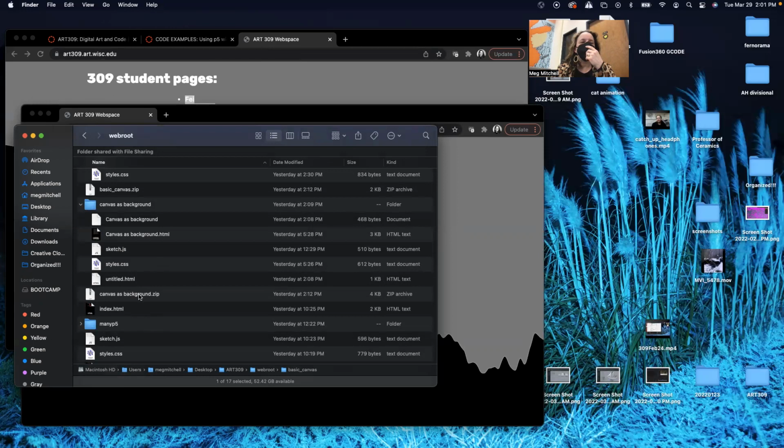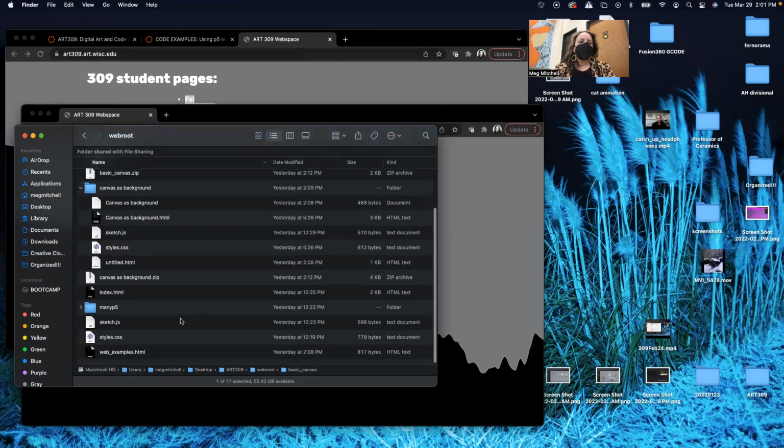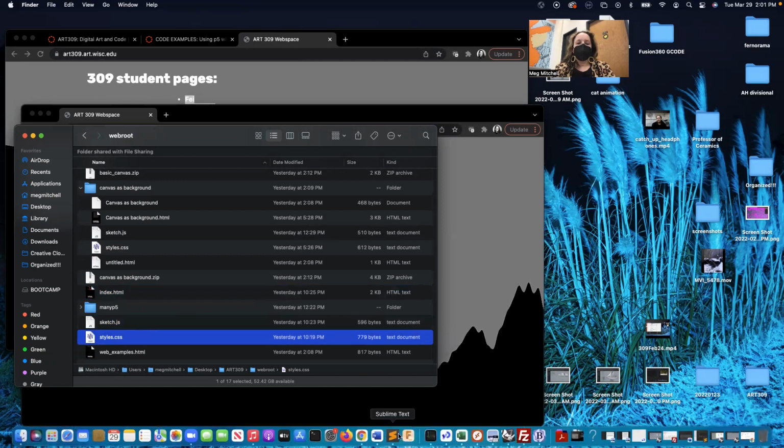And then you can see I also have these zip files just kind of laying around in the folder. And that's okay, until it gets so cluttered up that I can't tell what's up. But basically right now, what I'm using in the web root folder is the index.html file, the sketch.js, and the styles.css. Now, if I jump into Sublime really quickly,